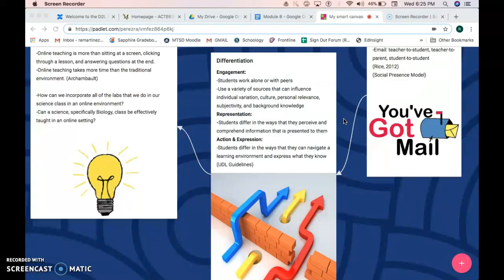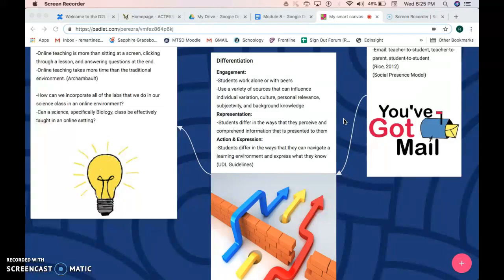So allowing them different aspects or a different variety of sources that they can work in to keep themselves engaged, I think is very important. And sometimes assigning them partners to work with, or sometimes letting them pick their own partners. I do a little bit of that now in my traditional classroom, just to see who they pick, and if it's more effective with them working with their friends, and if it's more effective if they're just randomly